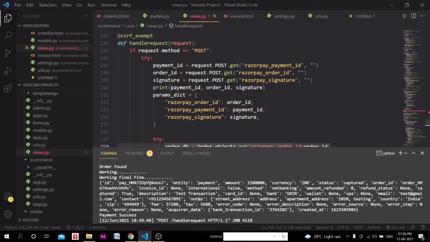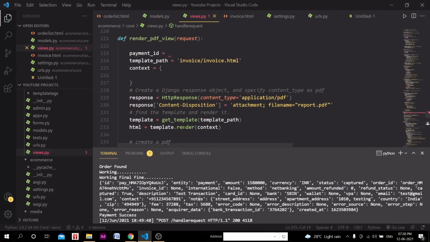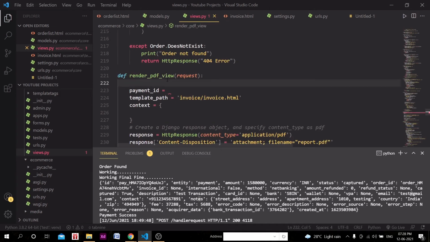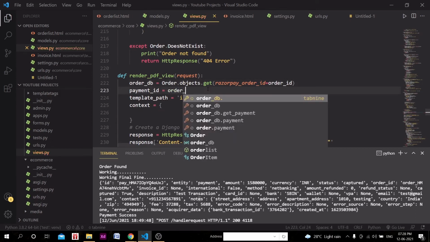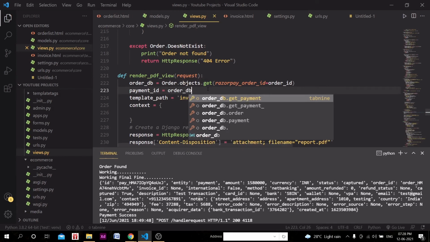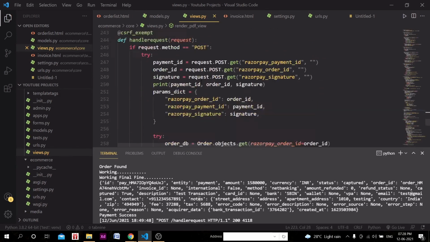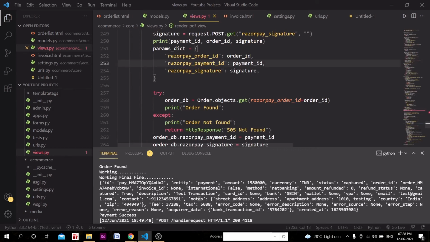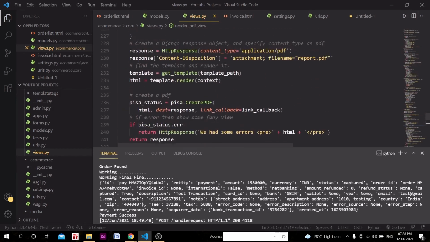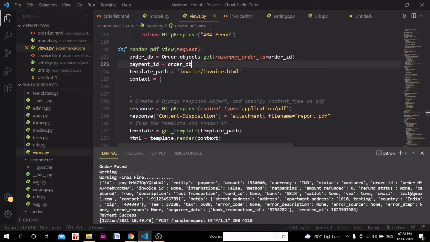See, remember this actually is completed when we call that invoice generation, right? So all these values should be stored in that, and then after that we are grabbing that object. So order DB should work definitely fine as we were doing already. So payment ID will be equal to order DB dot payment ID. I think payment ID was not there. Razorpay payment ID was there, so we can grab that value itself, right? So dot Razorpay payment ID, and this should work properly.